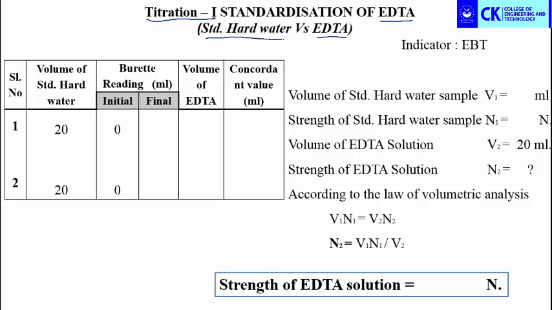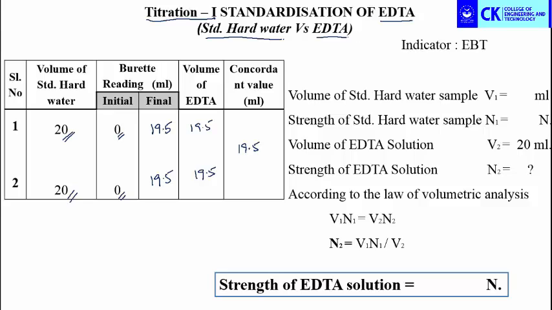So we have taken 20 ml of the standard hard water into the conical flask, so we mentioned 20 ml, and we filled the burette with EDTA solution. We can measure 50 ml. Initially the mark was at the 0 mark, so we mentioned 0. We get the end point at 19.5. Similarly we get the same for the second, and we write the volume of EDTA as the same. If you get two similar values, we can take it as the concordant value. 19.5 is the concordant value of this titration.